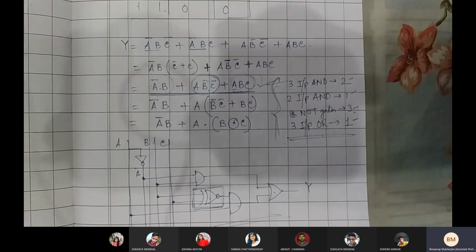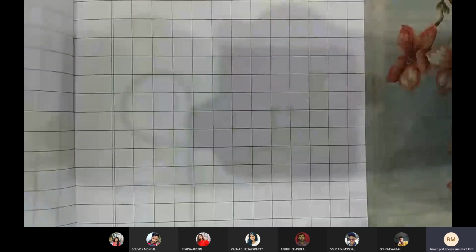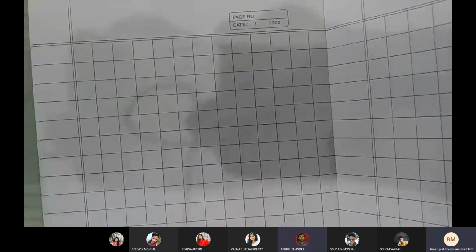Okay, so next process. So am I clear why we require to know this Boolean function based minimization technique in order to make your circuit minimized? And also you need to know the Boolean algebra by which we can reduce the circuit complexity, right? There are many examples. Maybe you will find them in books.